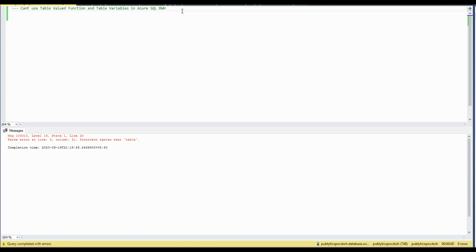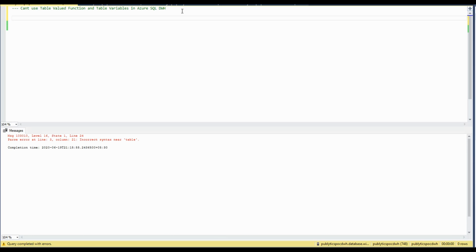You will notice that even though it gives you the option to create a table valued function, when it comes to accessing the data from the table valued function, you will not be able to do that. So let's try it. I think we have a table in the system called test table function. We will write a simple table valued function without any parameters, and we will try to get the value out of it. This is a simple scenario portraying that you cannot use a table valued function even though you can declare it. So it's kind of strange. I'm not sure how it works out.